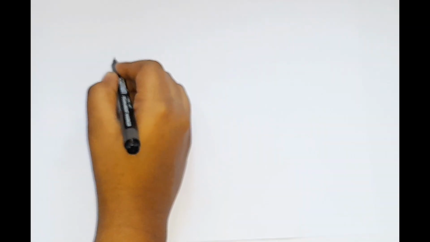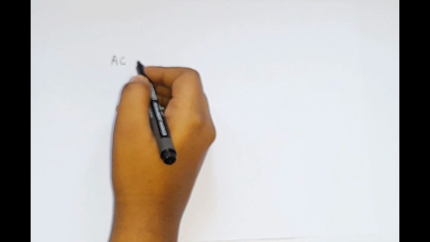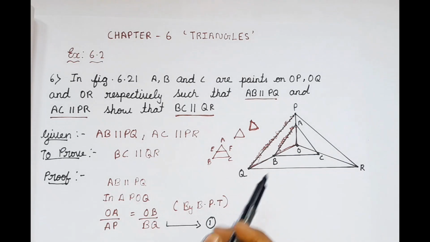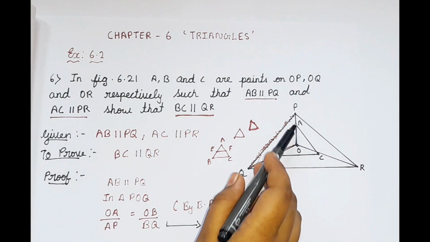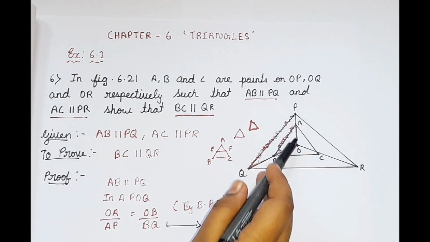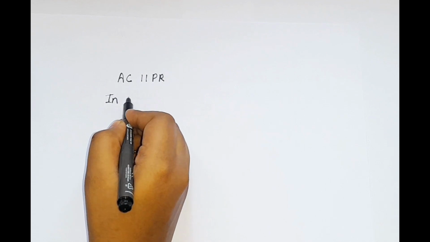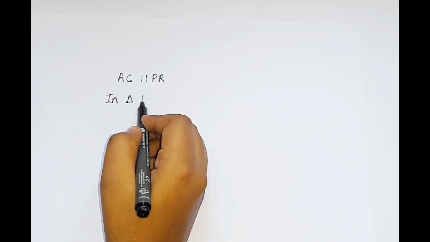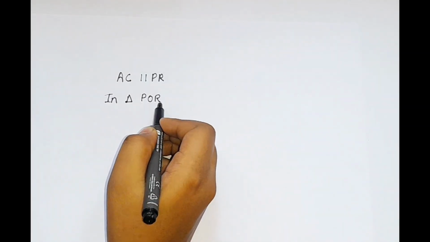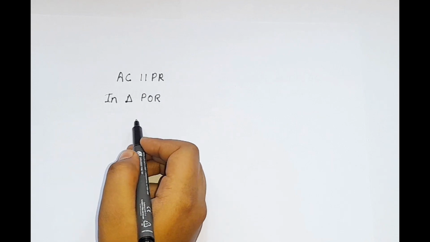So now I wrote AC is parallel to PR. Okay, so in which triangle are they lying, AC and PR? Let me show that. So AC and PR, they are lying on triangle POR. So we can just write in triangle POR. So in triangle POR, now we are going to be applying